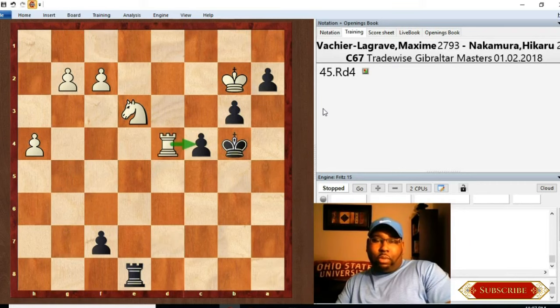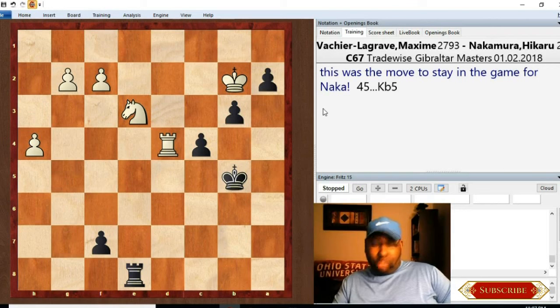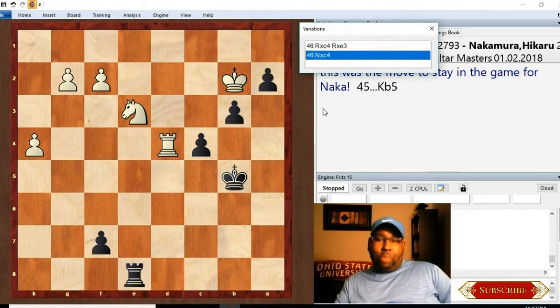But let me go back here, because I think there's something here. Nakamura could have played King B5 here instead of playing Rook A8. It doesn't look like the greatest move. It looks like you're stepping back, and actually you are stepping back, but you're getting out of the way of the check, because in the game, Rook takes C4 check was played, and that just gives White another turn basically for his move. If you play King B5 now,